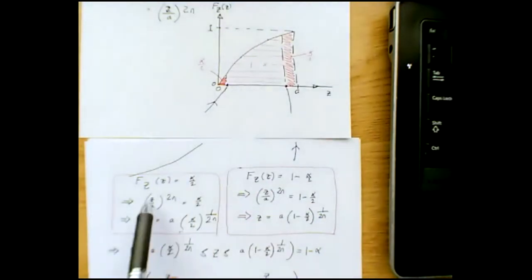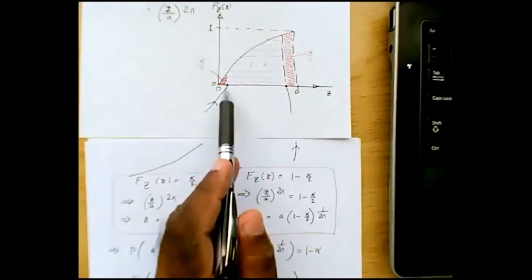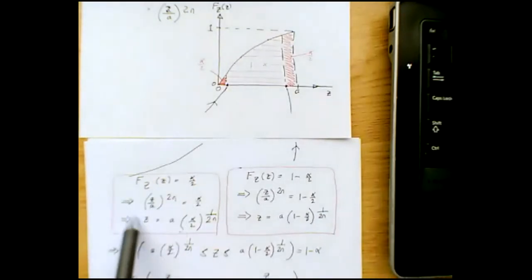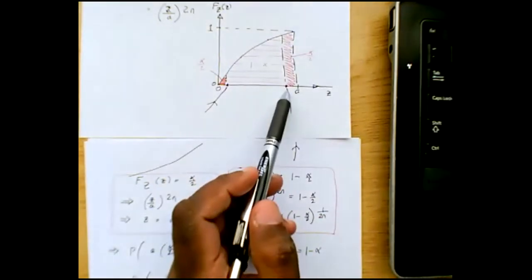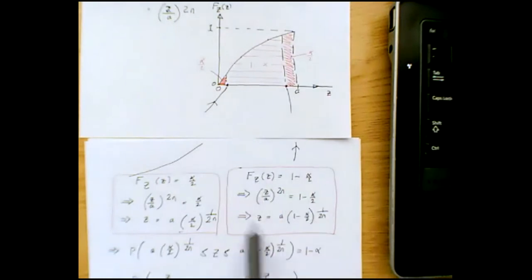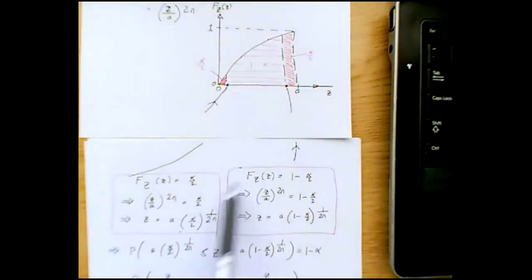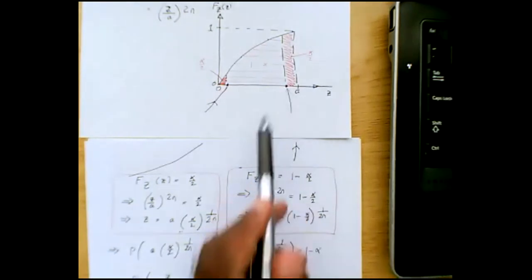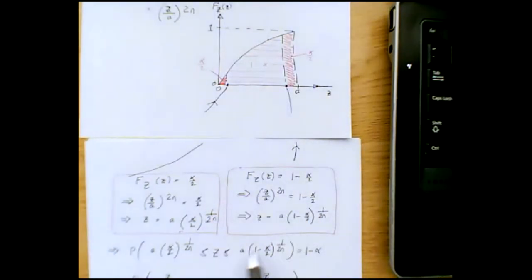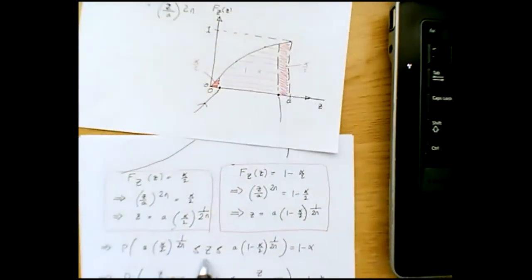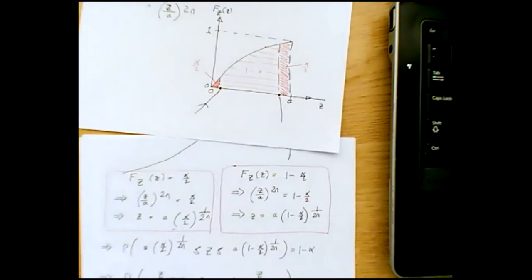To determine the coordinate for the first point, you need to solve this. To determine the coordinate for the second point, you need to solve this, right? So you got the coordinate of the first point as being this, and the coordinate for the second point as being this. So the probability that Z lies between these two